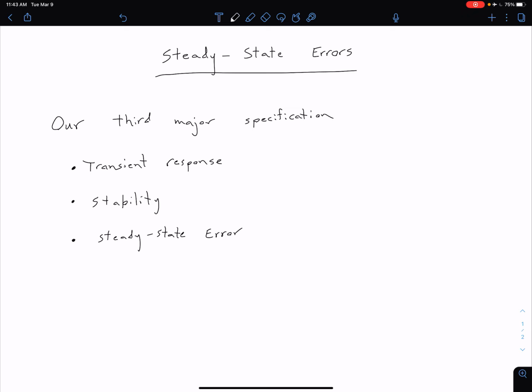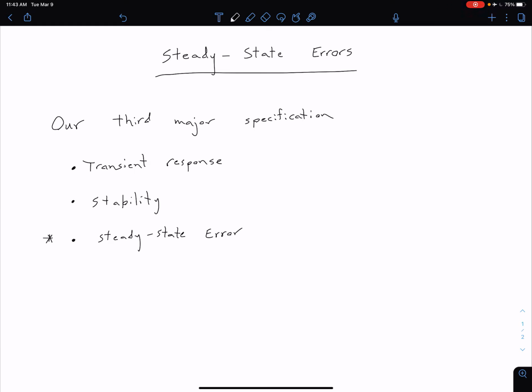In this unit, we're moving on to our third major specification of system operation, which is our steady state error. Of course, we've already taken a look at our transient response, so how does our system behave over time? We've taken a look at our stability in the previous unit, which we said was the most important characteristic of our system. And now we're going to be looking at our steady state error, which, as the name implies, is